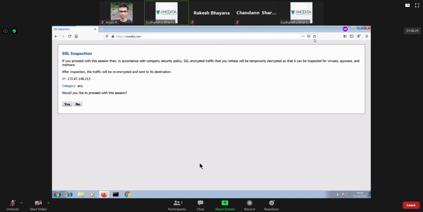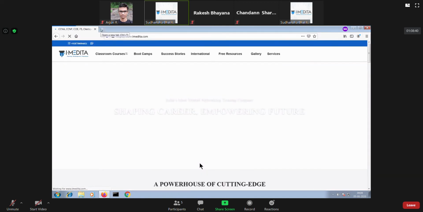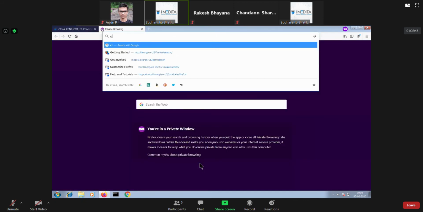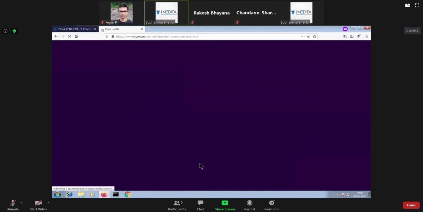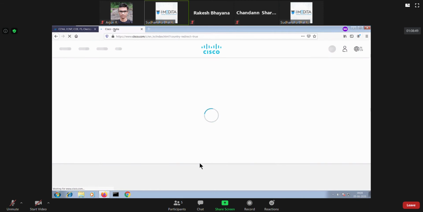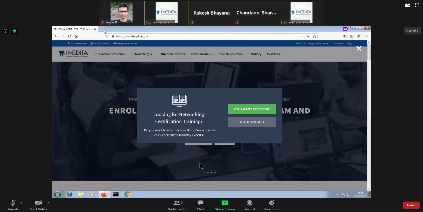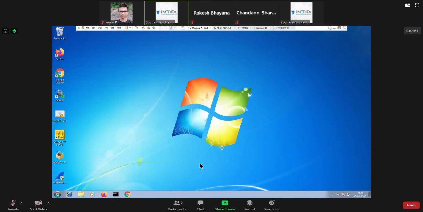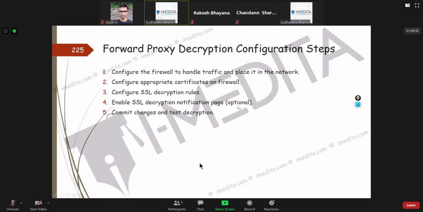So they give you a cookie to keep in your browser if you say no. Now if you say yes, it won't be displayed for every website, but the first time you access, it will be displayed to you. Like if I go to subsequent websites like cisco.com, it doesn't display that, because now you know that your traffic will be decrypted. Okay, got the point? So that's an optional step. We didn't do it yesterday.